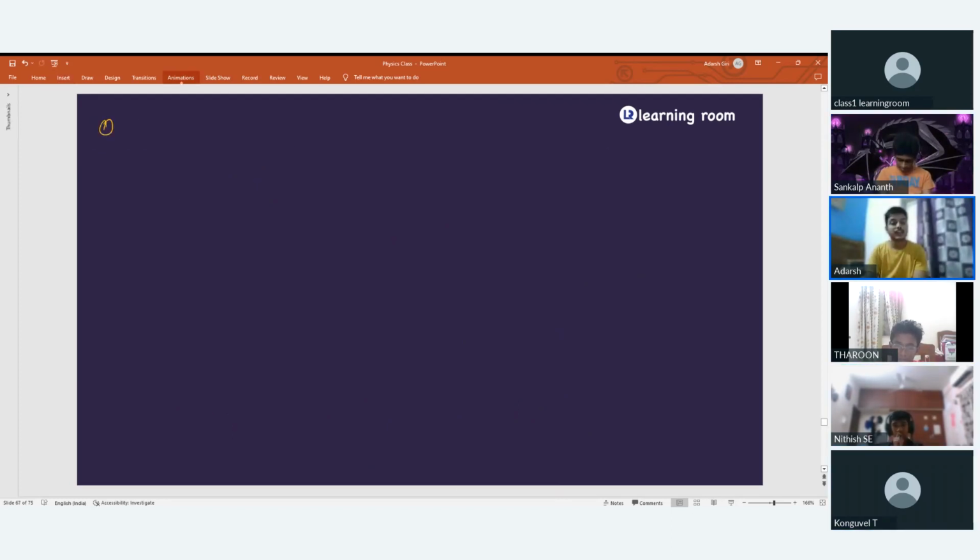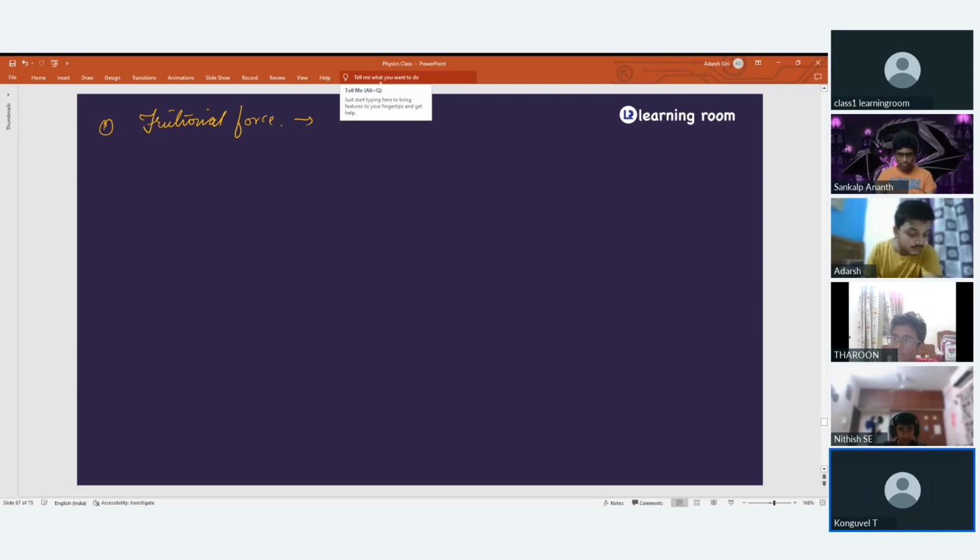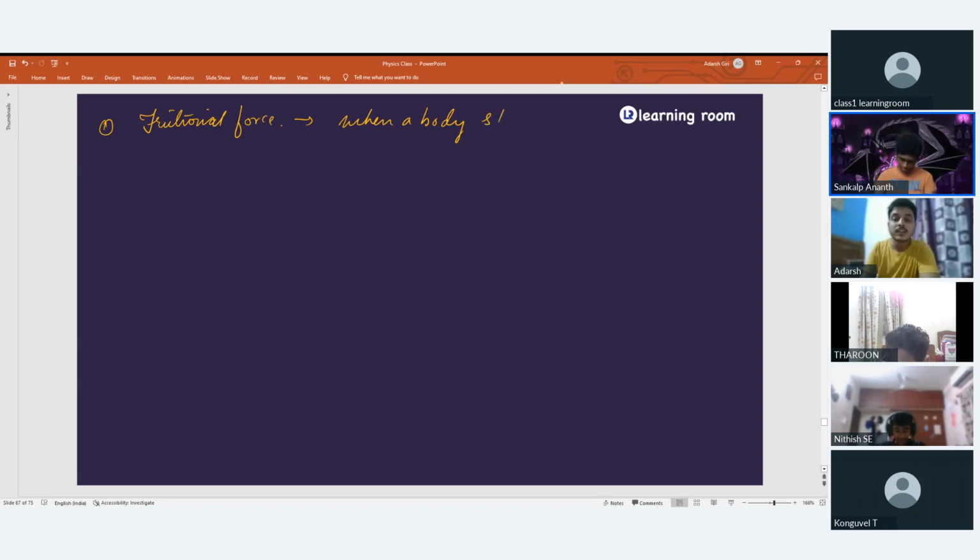The first of this kind is frictional force. One kind of contact force is frictional force. Frictional force is a contact force when a body starts sliding